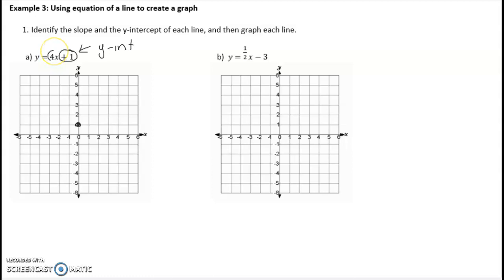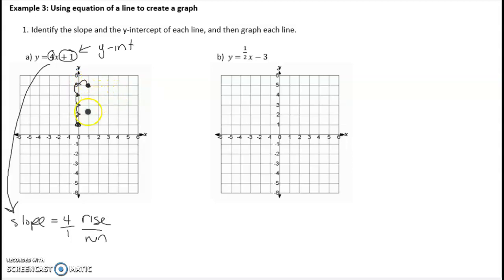And then over here, I know that my slope, let me just do it down here, slope equals 4. Now remember, if there's nothing underneath it, it's always assumed that it's a 1. So that means the rise is 4 and the run is 1, and they're both positive. So let's do our triangle. 1, 2, 3, 4. So we're going up 4